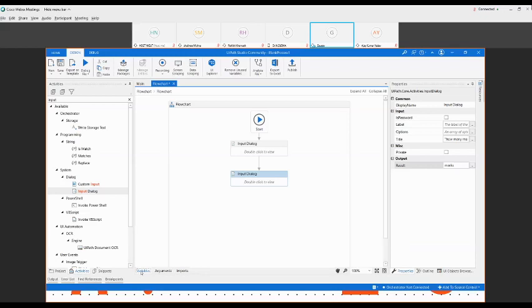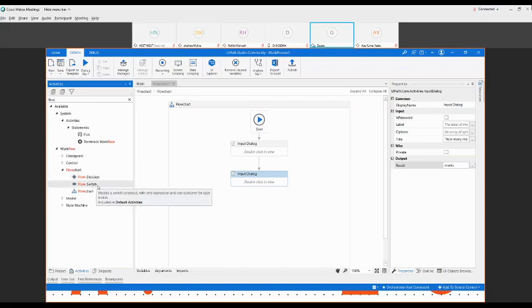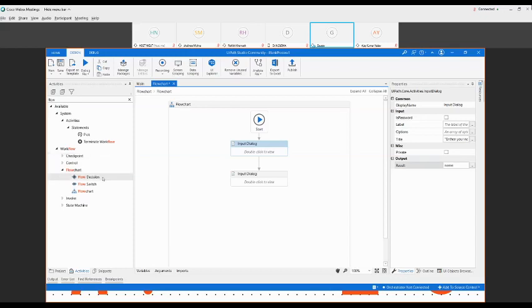Okay. Now I want to create one kind of decision. In the flowchart, I will just search for flow. You will see there are three options only: flow decision, flow switch, and flowchart. Basically, a decision is for selecting between two possibilities. Yes, we will change the variable type. Let me see if any issue is there or not. I'm using flow decision.